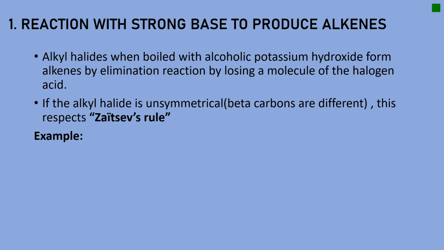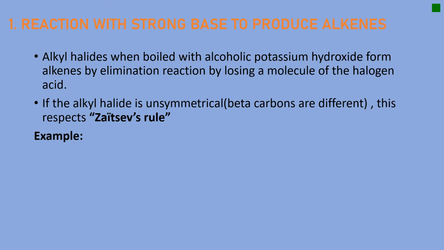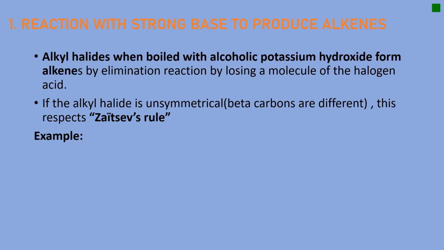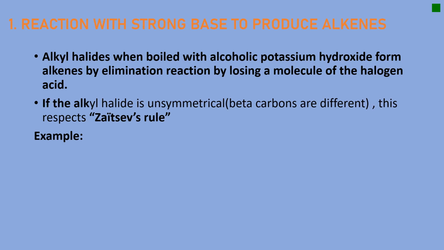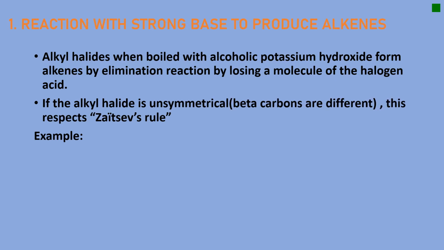Our first elimination reaction is the reaction with strong bases to produce alkenes. Alkyl halides, when boiled with alcoholic potassium hydroxide, form alkenes by elimination reaction by losing a molecule of halogen acid. If the halide is unsymmetrical, meaning beta carbons are different, this respects the Zaitsev rule. An example: